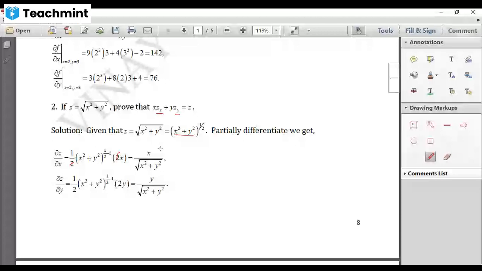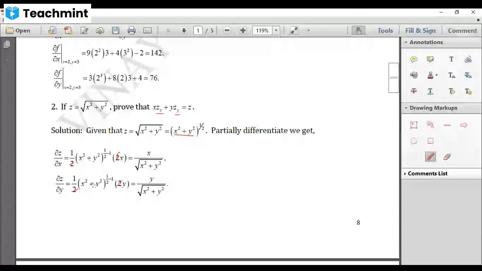To the power of half minus 1 into, now leave the power, remaining is x square plus y square. Derivative of x square is 0, because we are differentiating with respect to y. Only there is a change in y. So rate of change in x is 0. Next, what is derivative of y square? It is 2y. 2 gets cancelled.